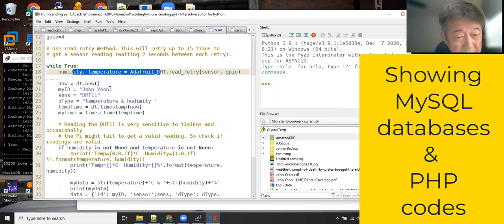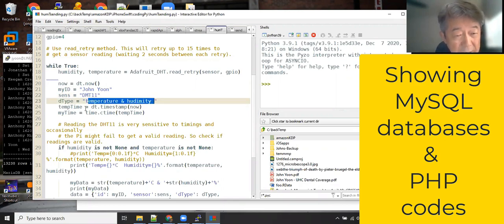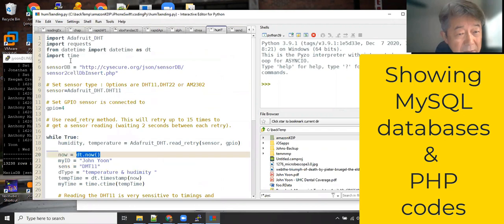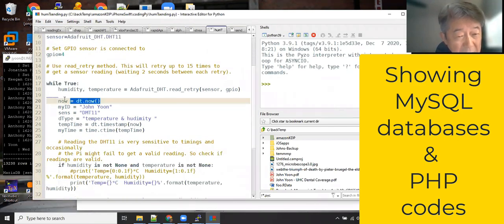Then you can say my ID is my name, and sensor, supposedly DHT11, data type, the temperature, humidity, temperature, time is whatever the time that you can get, dt.now. Now can be from the time import, and then here, datetime as dt. So dt.now is the current time,